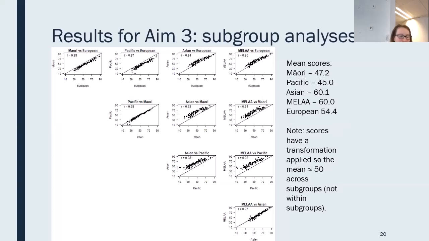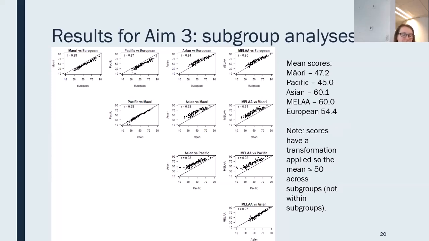So here we have the scores for 5 level 1 ethnic groups. We can see that Pacific peoples and Maori are assigned lower scores for the same occupation than other ethnic groups, whereas European, Asian, and Middle Eastern, Latin American and African ethnic groups are assigned higher scores. Further analyses suggest the lower scores for Pacific peoples and Maori are due to lower average incomes and education levels for the same occupational group.